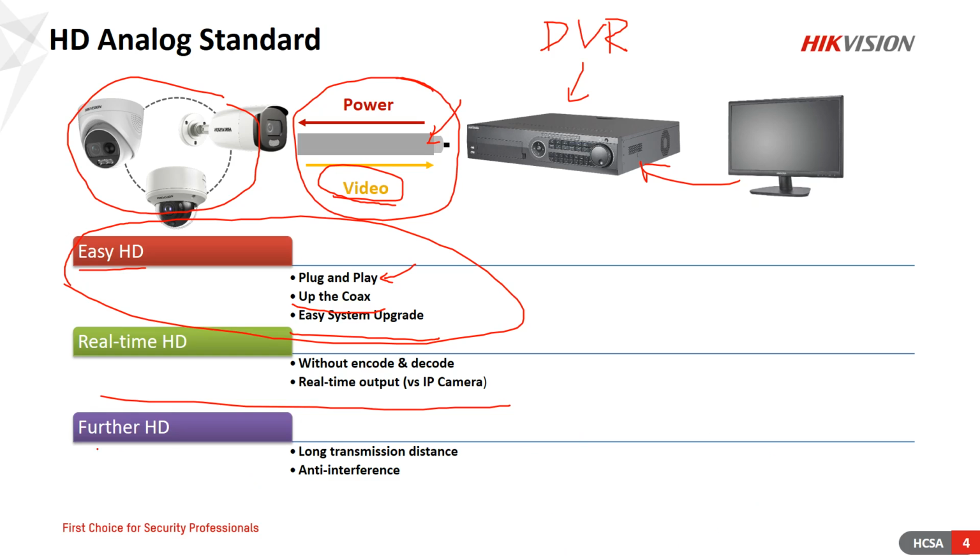And the third part is going to talk about the further HD. Especially compared to the IP camera, again, the analog camera is going to have a very long transmission distance, up to 1,200 meters. But this is a theoretical number. Only in specific conditions is it going to transmit that far. But why? Some of you may wonder why it's going to transmit so far. Because